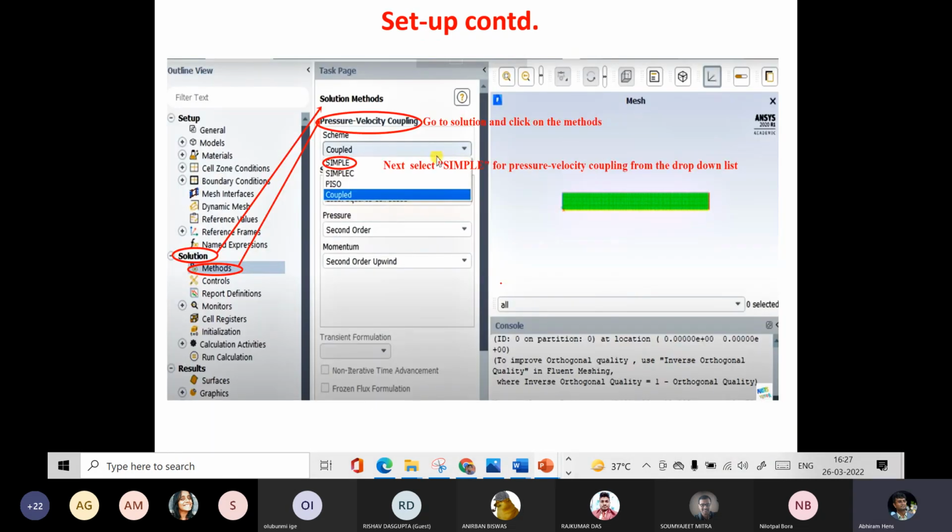Then come to this solution part. So far I was setting up the problem, giving different boundary conditions, defining the geometry, material property, everything we have done. Now we are coming to the solution part. Okay, this solution part means you are now fixing the solution algorithm. The example that I discussed in the last class was all about a temperature distribution problem. Okay, there is no big deal in it, but the moment you solve Navier-Stokes equation,